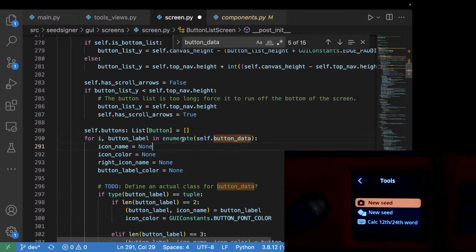There we go. So now we're iterating through all of our buttons, all of our button content. In this case, the three buttons that we want to display on our tools menu. So for each button label, like new seed or calc 12th, 24th word,